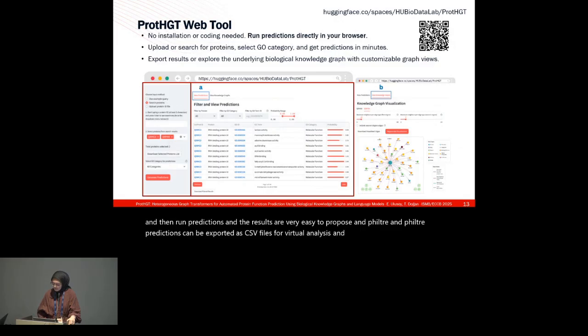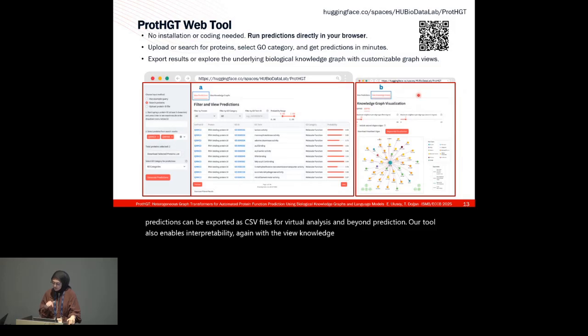And beyond prediction, our tool also enables interpretability again with the View Knowledge Graph tab here. This shows the local graph around the protein, letting users explore why a prediction was made. And this subgraph is also downloadable for further analysis. So I want to note that currently ProtHGT supports predictions only for proteins already in the KG. So we are working on a new feature that will allow predictions for novel proteins by building their graphs on the fly using data from external sources,